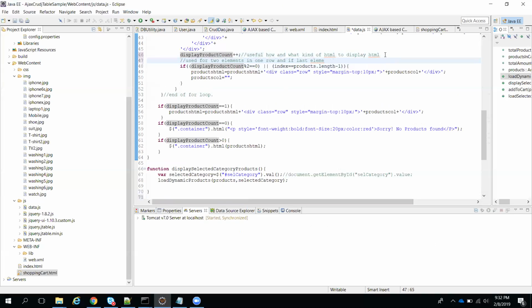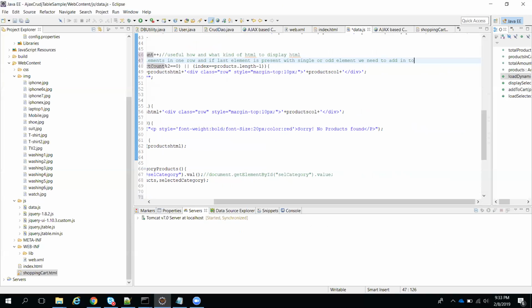Use it for two elements in one row, and if the last element is present with a single, or you can say odd element, we need to add it into the row.